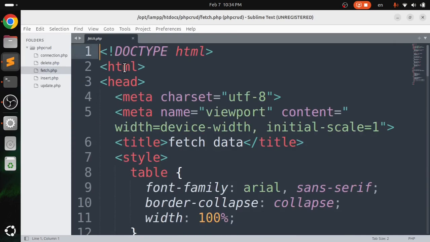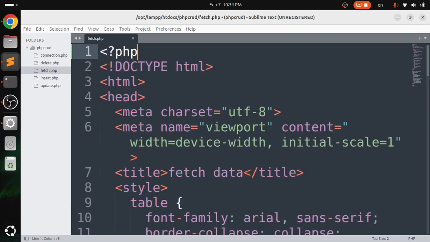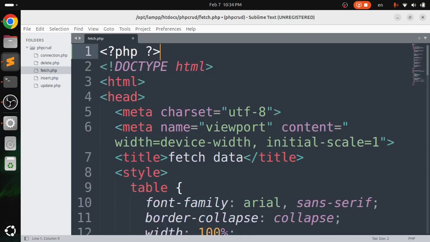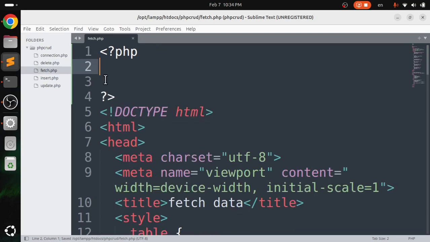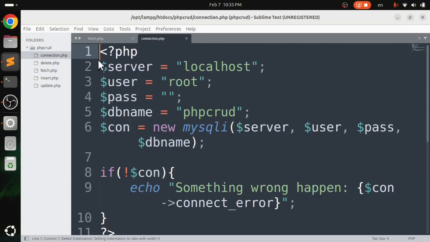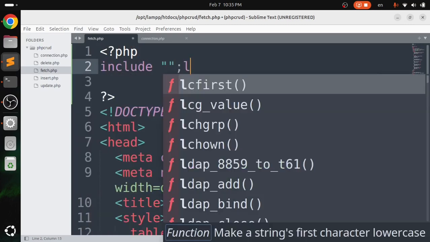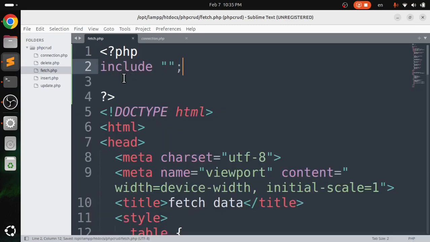If you want to write PHP, you just have to access it using a PHP script, right? So here we have to write like this: <?php. Let's say we want to start the connection first. So we will add this connection.php in our page so that we don't need to write every single line here. We will say include, double quotation, and inside it we will mention the page name,